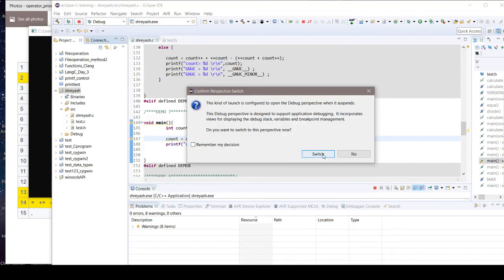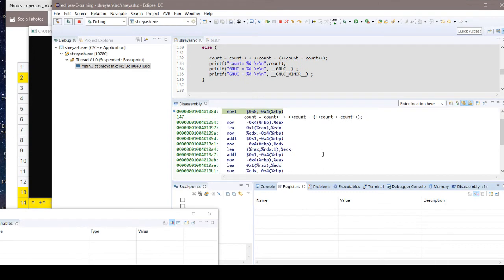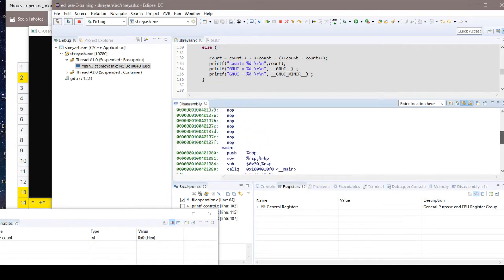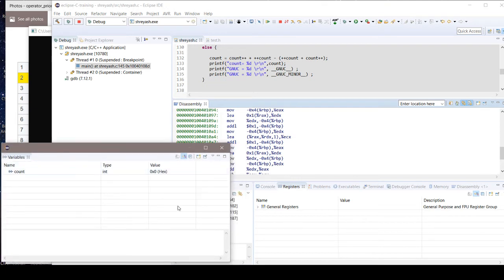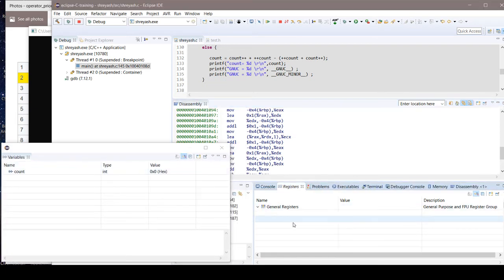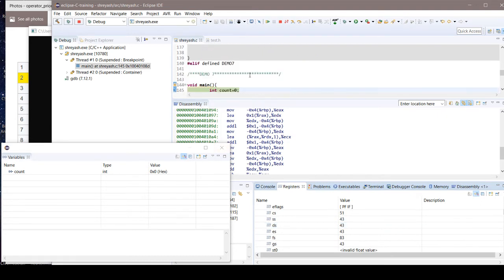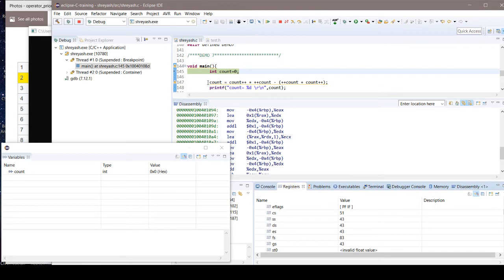We need to switch to the debugger, and here you can see the variable window. You can look into the registers also. So our code is here.